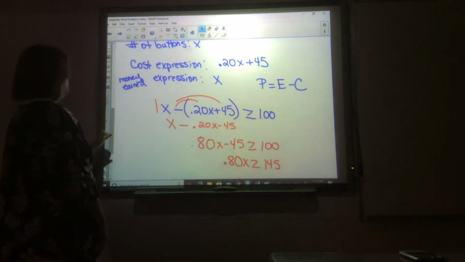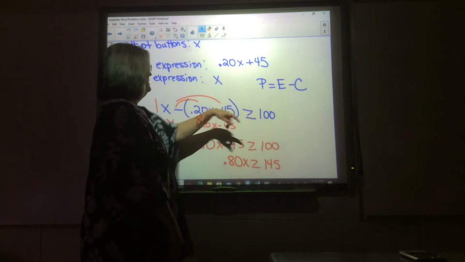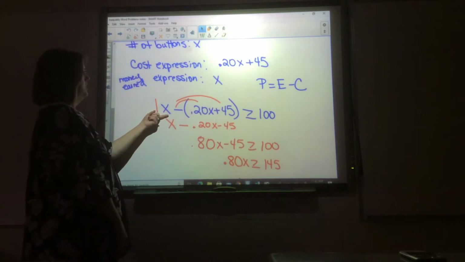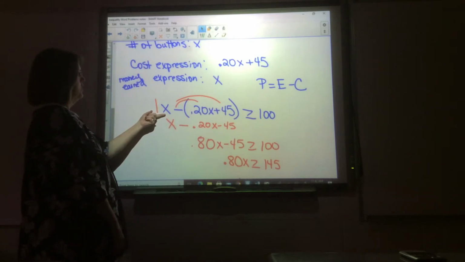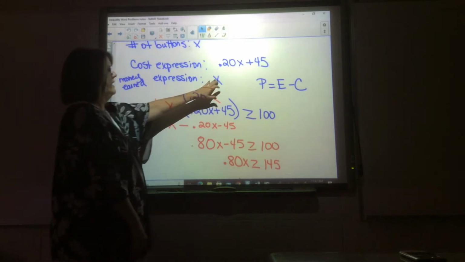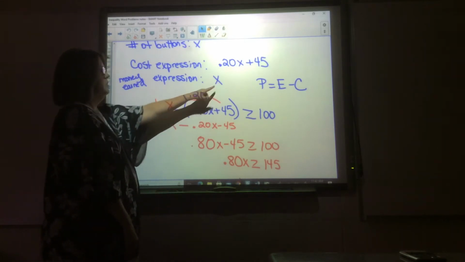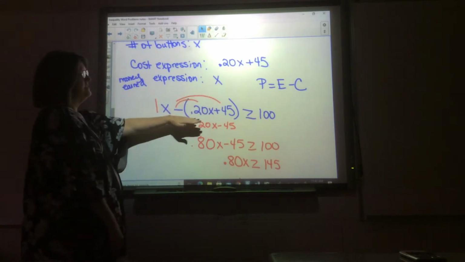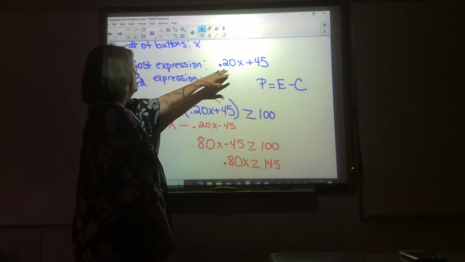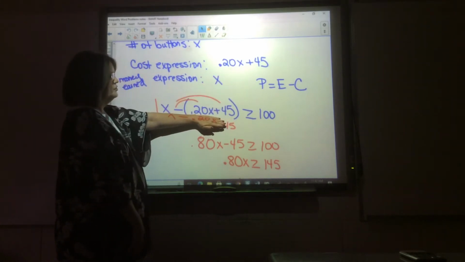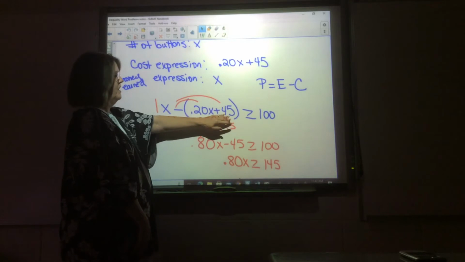So we're going to use our expression for that. We've got $1. That's the money that we're going to earn per button. So 1x, $1 per button, 1x minus this entire expression right here for the cost, which is 20 cents per button plus 45, greater than or